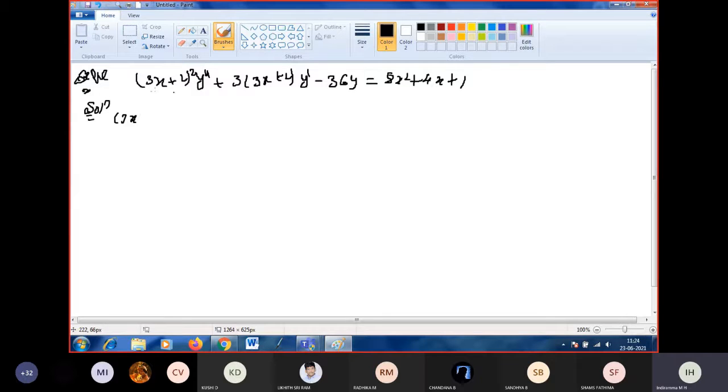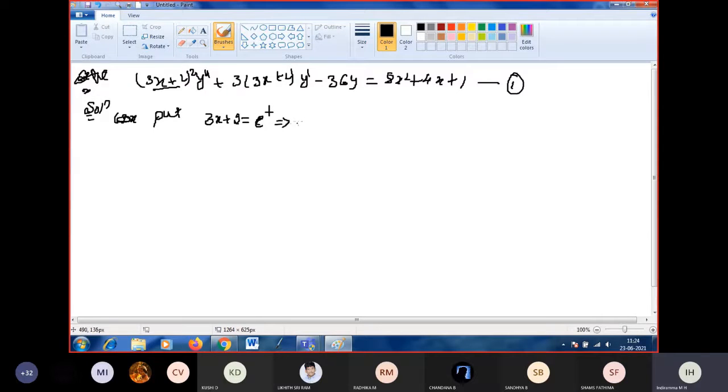3x plus 2 whole square. So here I will take it as solution. I will call this equation 1. What do we have to take as the substitution? 3x plus 2 equals e power t, that is, t is equal to log of 3x plus 2. So 3x plus 2 is equal to e power t.